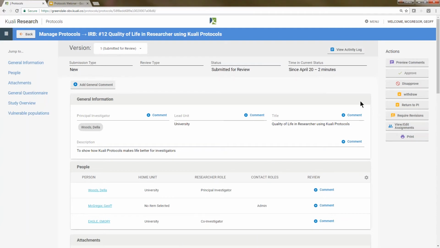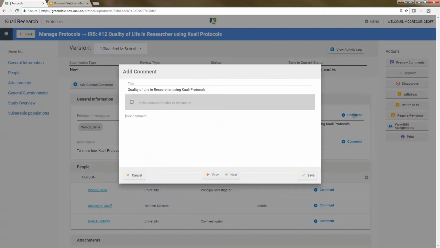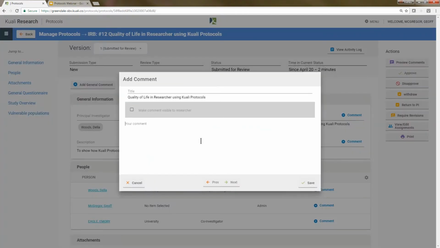So I had mentioned early on in this webinar that we have this commenting feature. You'll notice that we have the ability to add general comments for the overall protocol, but we also have a comment box where you can add comments at individual field level. So instead of having to put in a list of comments and say, oh, see section 1B, and these are the comments related to that, I can click on that section and put in a comment and say,